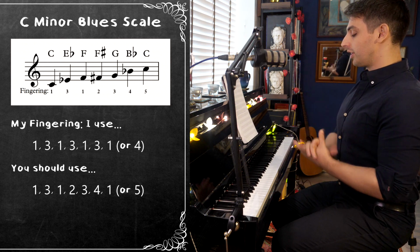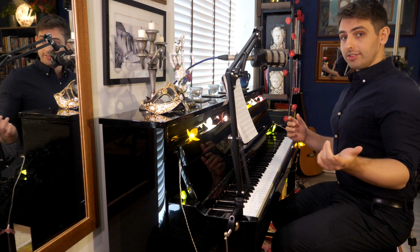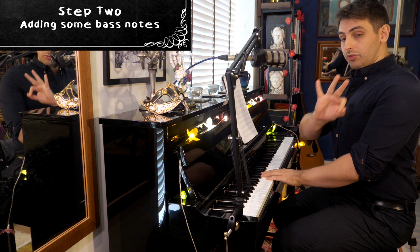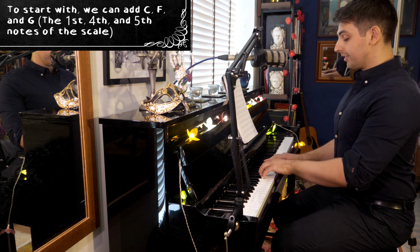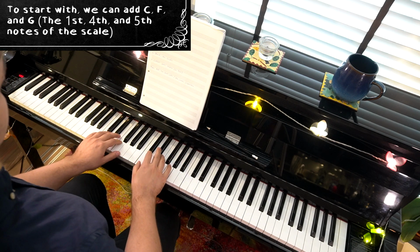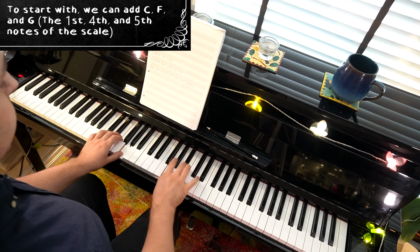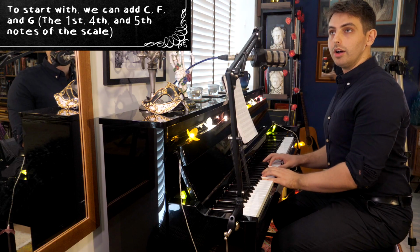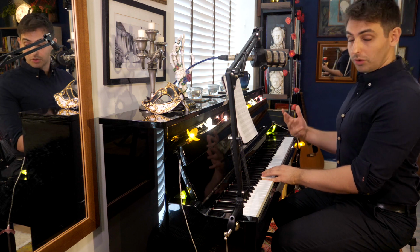Okay, so we've got our notes, we've got our fingering. Now we're going to add a bass note. This is where it starts to get interesting. So there's 3 specific notes we're going to add. For C minor blues, we're going to add C in the bass. We're going to add F. And we're going to add G. Back to C. Okay, so those 3 notes are basically guaranteed to work well with this